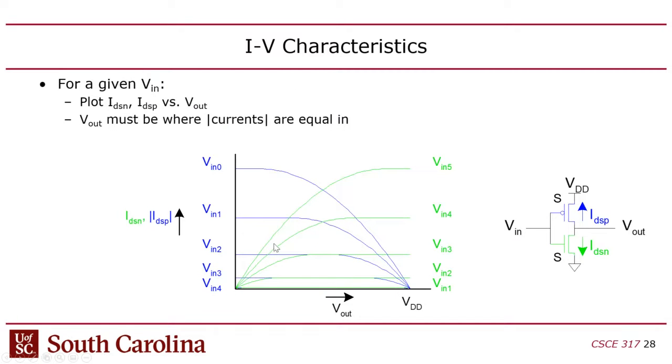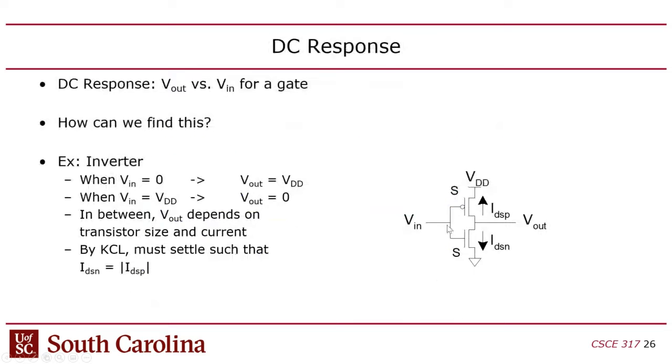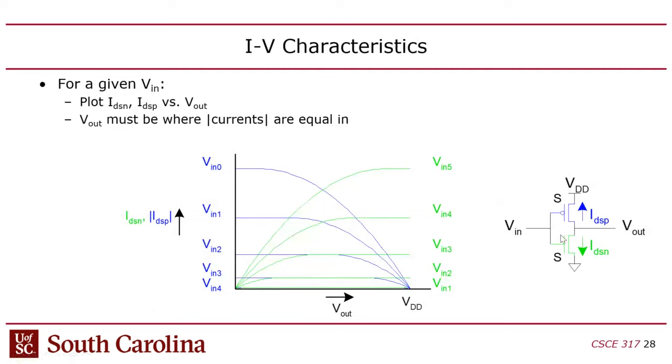Now remember, let me back up here a minute. The goal is to look at the voltage of in versus the voltage of out, right? So I can change the voltage of the input, but how do I use that to determine the output voltage? Well, you don't really know the output voltage, at least not right away. So one way to figure this out is to basically